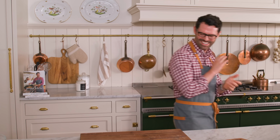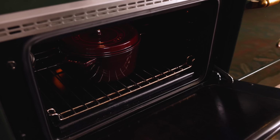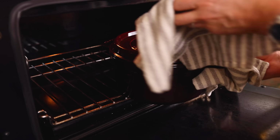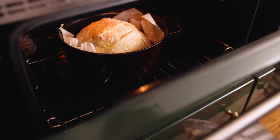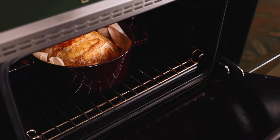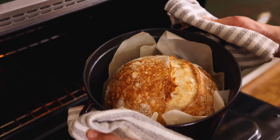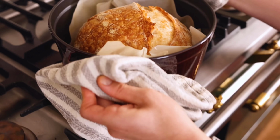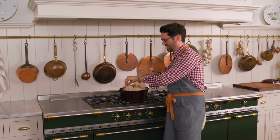After 20 minutes, reduce the oven's temperature to 450 and carefully remove the lid. Continue baking another 20 minutes or until your crust is a deep golden brown color. Use the parchment paper and a spatula if needed to carefully remove the bread and allow it to cool on a wire rack completely. Out of the oven, golden brown, and I'm gonna carefully